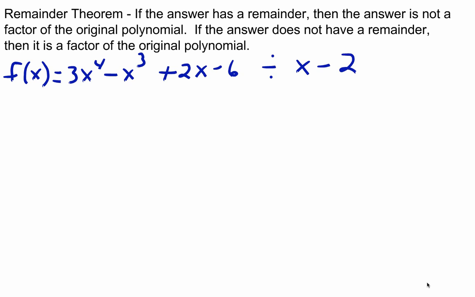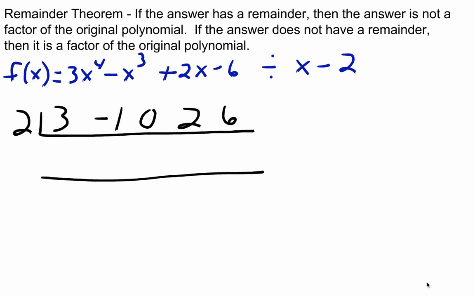Alright, so now we're going to do the remainder theorem. And I've already kind of stated if we have a remainder, then it's not a factor. If we do not have a remainder, then it is a factor. So now it's written in function form. We're going to multiply these two. This is also called synthetic substitution. So we're going to use synthetic division, just like I did on the previous page. So we're only going to use the coefficients, and then the last term in the x minus 2,